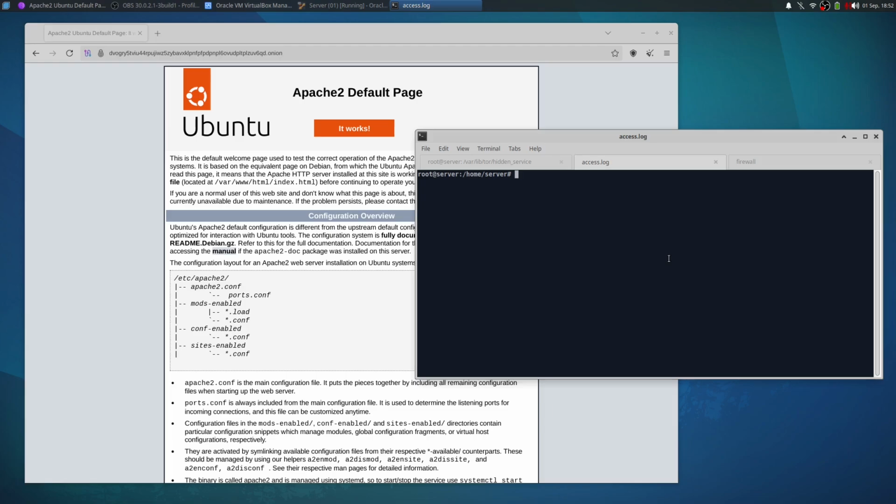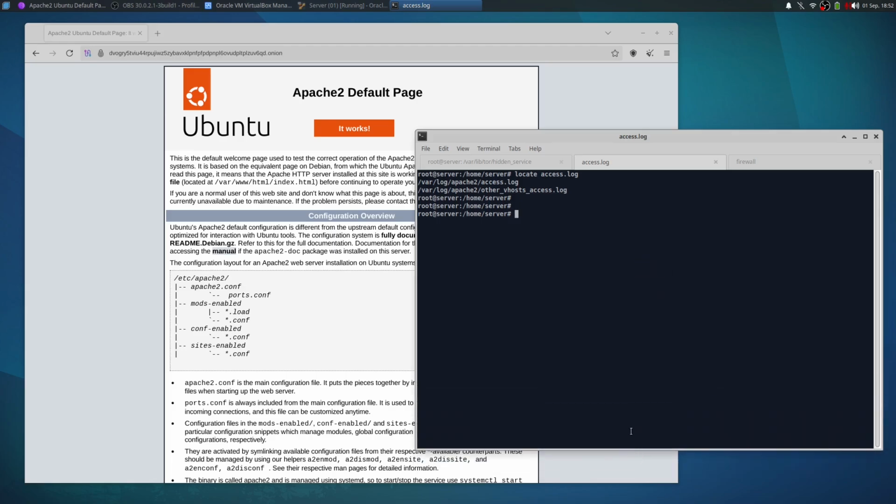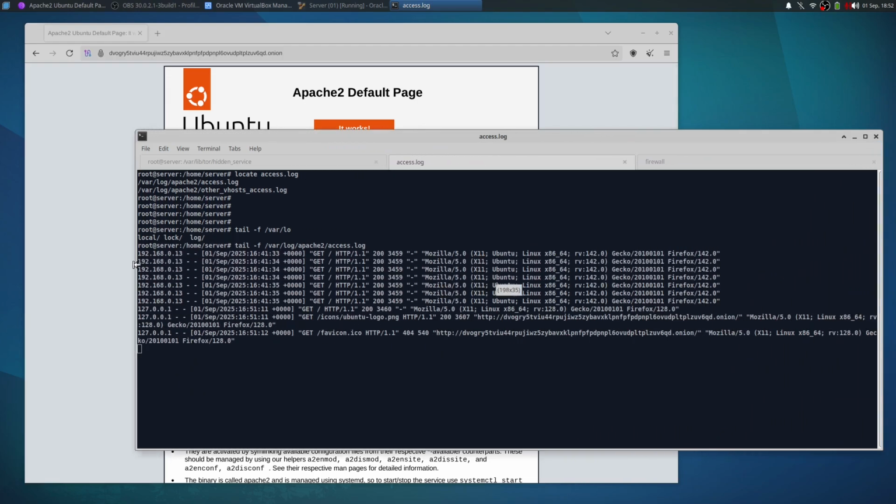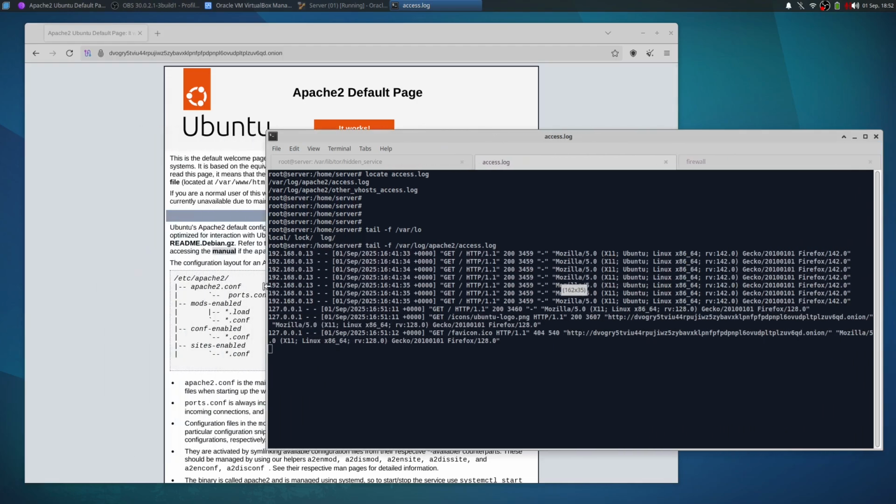Now that we have it set up, all we have to do is first locate the access.log, and then go to that particular folder, or we can just make it update live while you have the terminal open. There's a very cool trick: you just write tail -f, and then go to the log file, and then you do Apache and access, and voila. Look at this. Check this. You can see that there is definitely someone already trying to access the